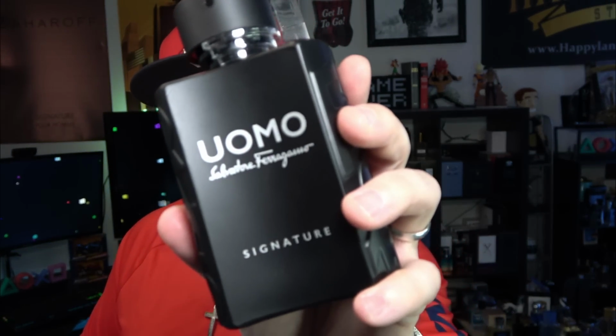So if you're looking for something that's not too pronounced, Spice Bomb Extreme is very pronounced. This one dials it back a little bit while not taking away anything that you would like to have out of a nice winter fragrance. The Salvatore Ferragamo UOMO Signature. The loved, the hated, the often imitated